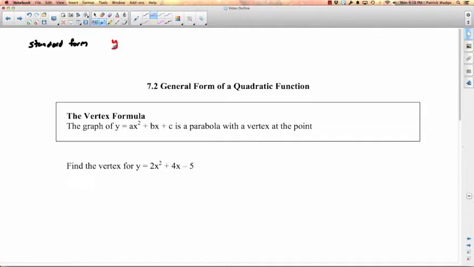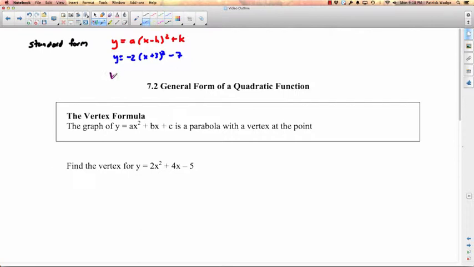And the form is like this: y equals a(x minus h) all squared plus k. Incidentally, some people use p and q instead of h and k, but in our workbook we use h and k. Anyway, an example of that would be something like y equals negative 2(x plus 3) all squared minus 7. The nice thing about standard form, and remember it's also called vertex form, the nice thing about this form